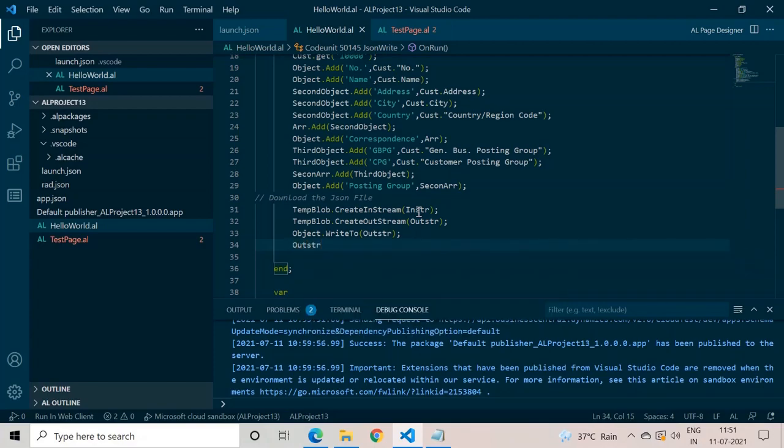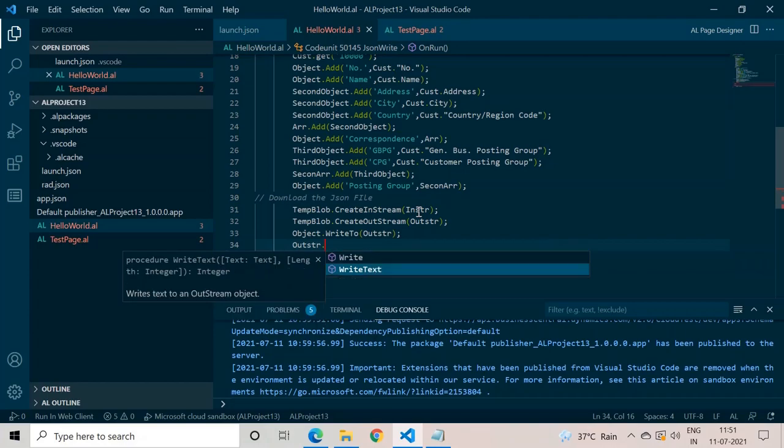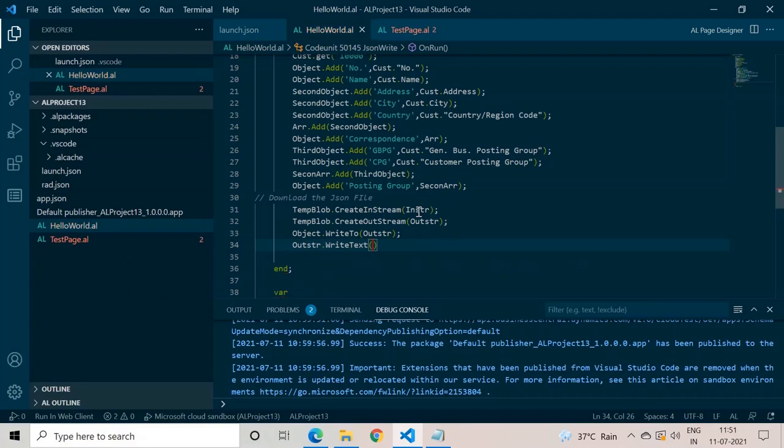So let's write the outstream, and from the outstream write the text to an outstream object. It takes the text parameter, so as the definition goes, it writes the text to an outstream object. Now we have the data which we have streamed in this outstream data type.